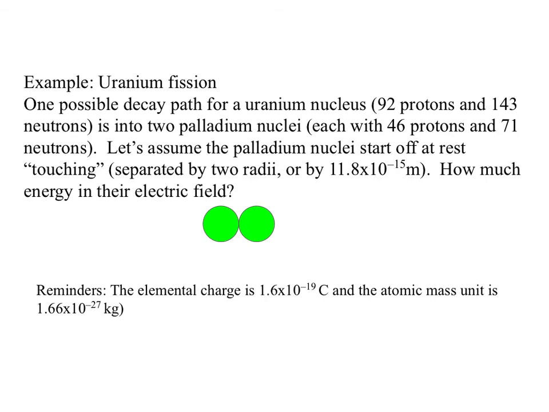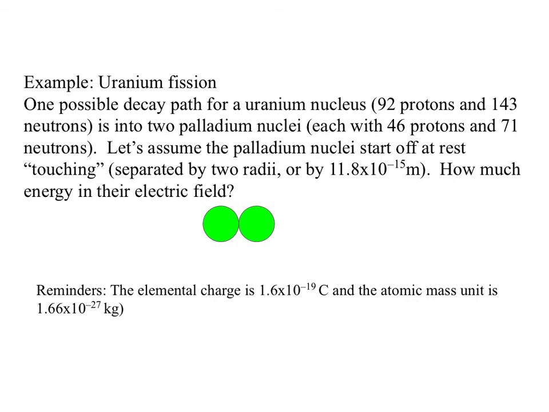All right. Here's a uranium example using uranium fission. So one possible decay path for a uranium nucleus, say 92 protons and 143 neutrons, is into 2 palladium nuclei, each with 46 protons and 71 neutrons. Full disclosure, this is a possible decay path. It's not a common decay path. It requires things to line up really nicely, but it does happen that one uranium nucleus breaks into 2 palladium nuclei and